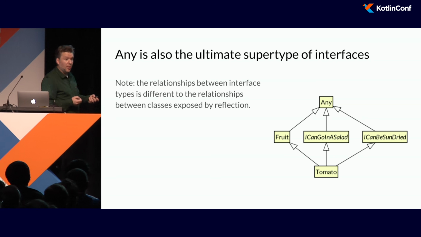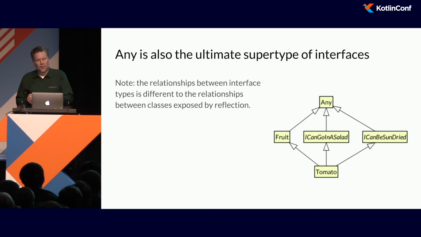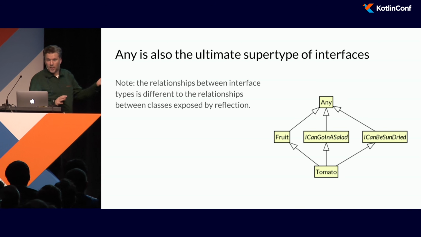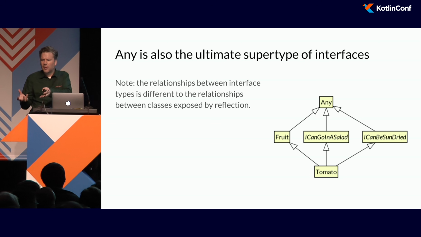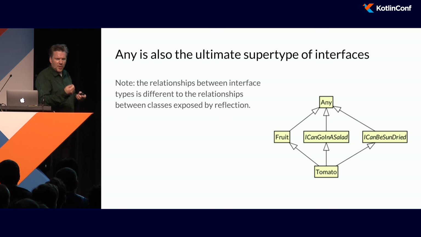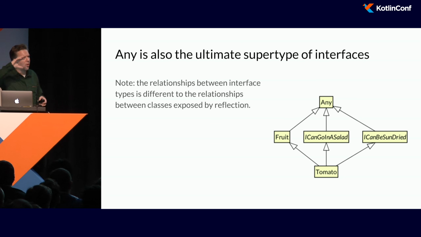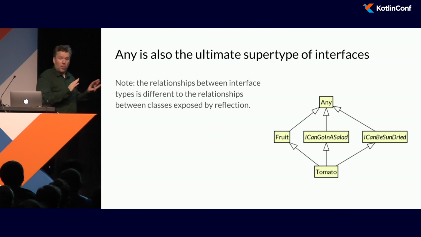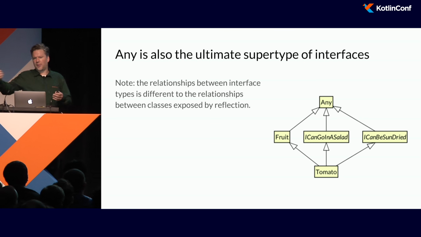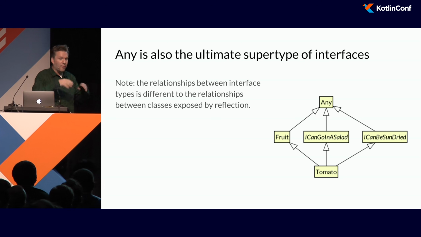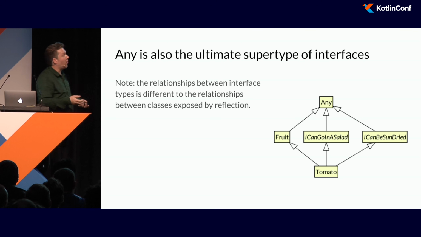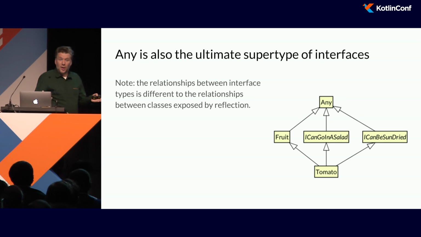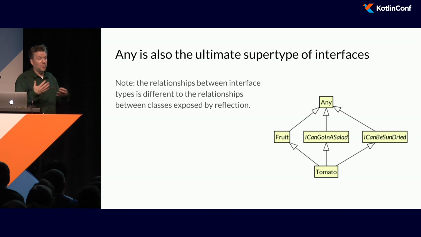Interfaces are also subtypes of Any. Now, this is where the runtime class structures and types start to differ markedly. If you reflect on an interface class and ask for its superclass, it will be null. If you ask for the superinterfaces of an interface with no direct superinterface, it will be null. But the compiler allows you to pass an interface anywhere that an Any is expected, because every interface is a subtype of Any. So until you use reflection, you don't notice this. As long as you never use reflection, you'll never notice this, and the type checker will do the work for you.